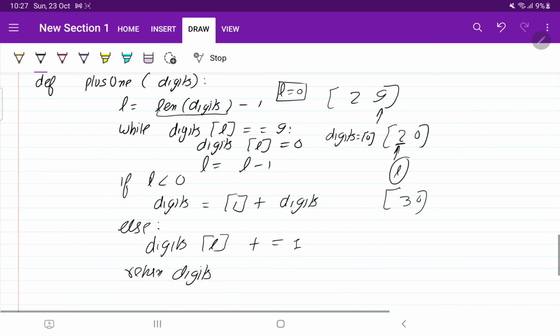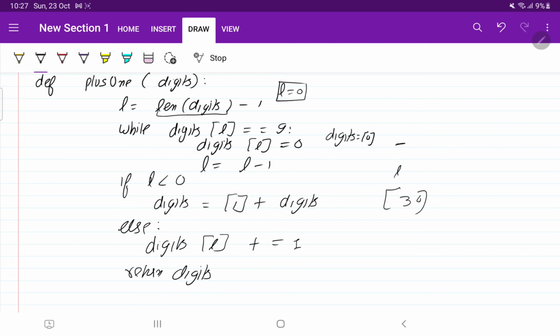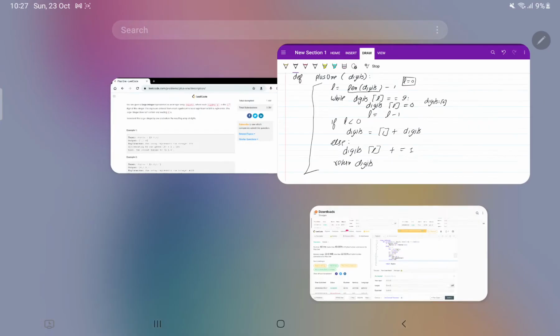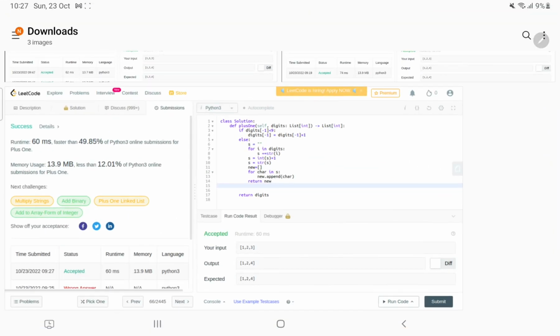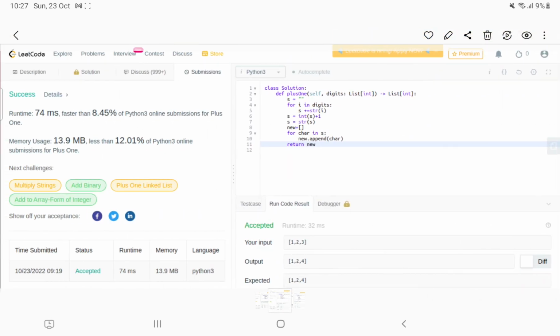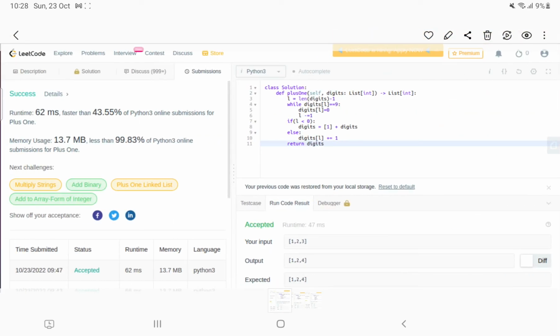Okay, so this is the code you can see on the left hand side. I will remove the examples. Here we have discussed the 3 approaches. If you want to see the code also, I will show you the working code. Here you can see L is the length of digits.